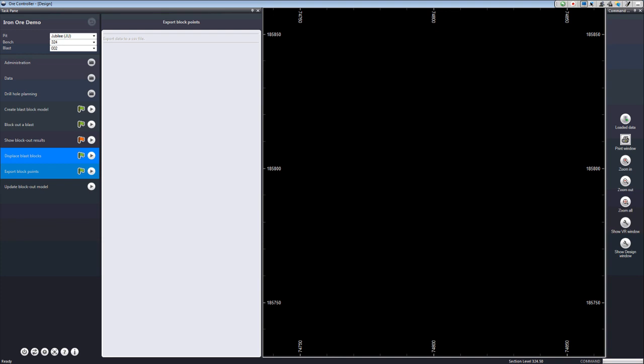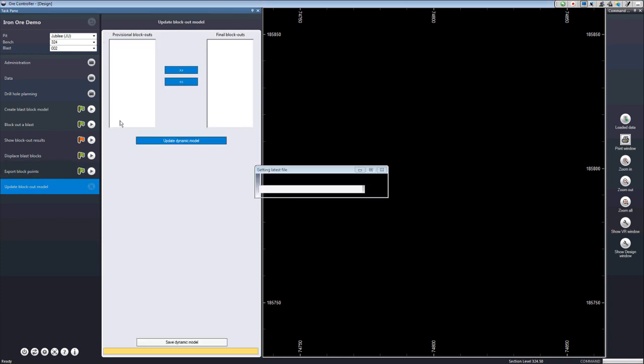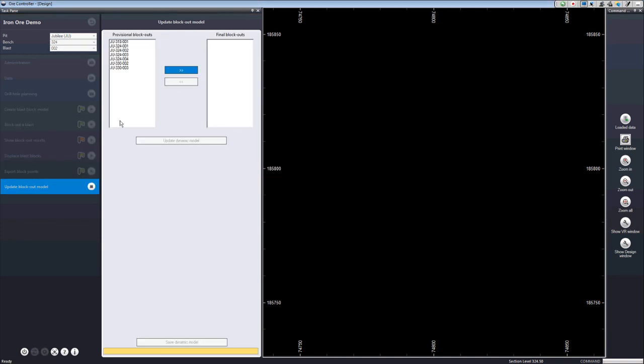The last step in grade control typically would be reconciliation. And I'm not going to be showing you very much to do with reconciliation today, mainly because reconciliation is highly variable in different implementations. But I will just show you quickly how we combine the individual block models that have been created for each blast into a model that is used in a reconciliation scheme.